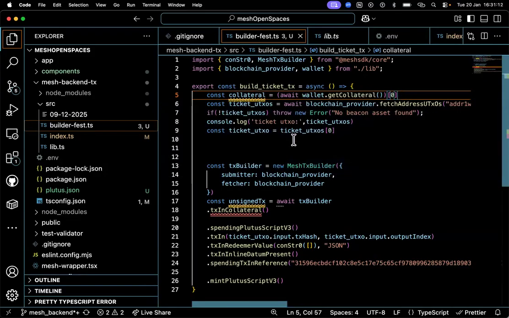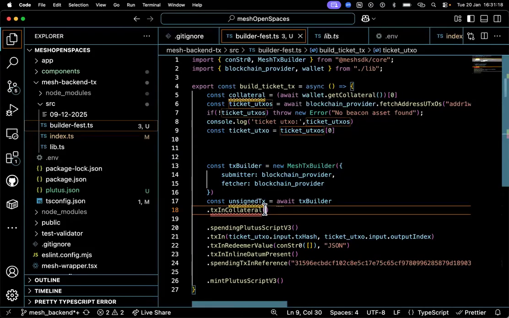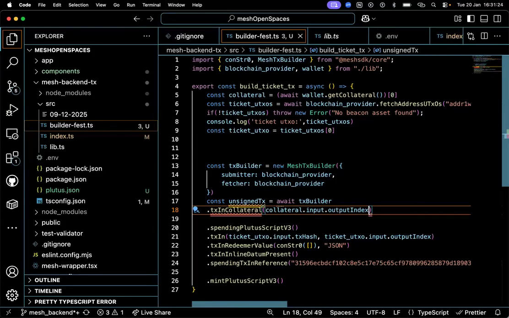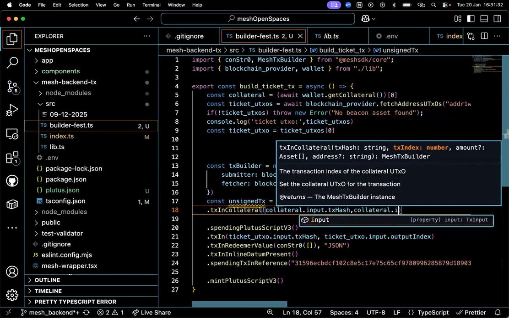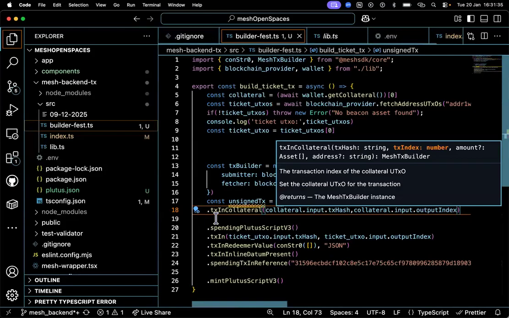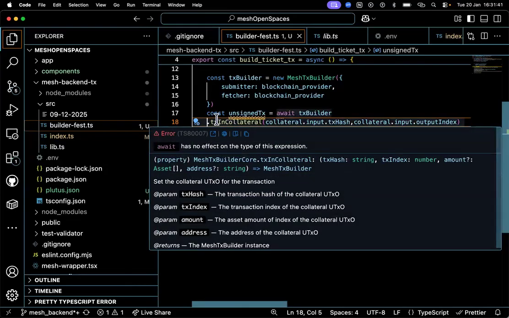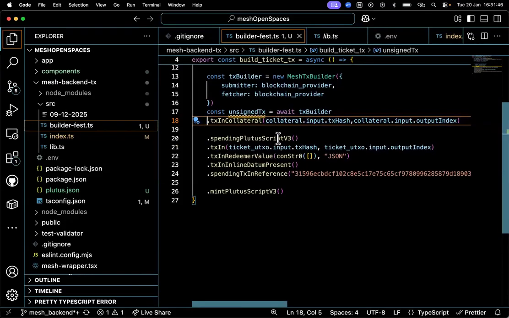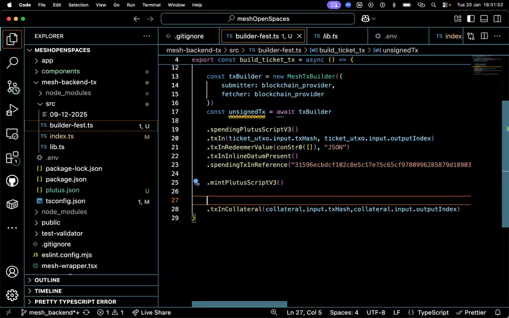Or it's still the same thing, destructuring it the way I've done here, picking the first collateral. So I'm just going to use dot input dot tx hash, sorry, the tx hash, and dot output index. All right. But this is looking ugly, right? This arrangement is not looking really nice. We can put it later, at least to make it look pretty. I would put it in the last part or something. I agree.